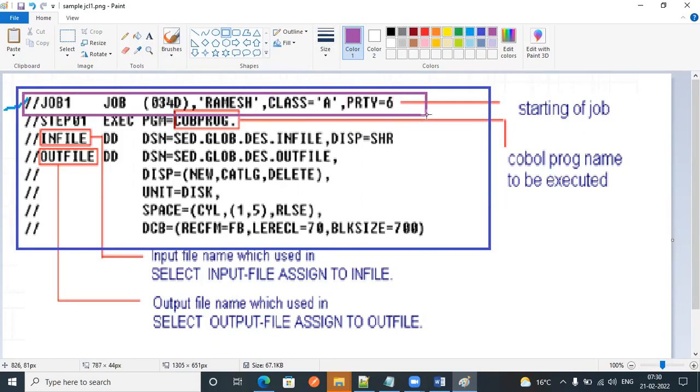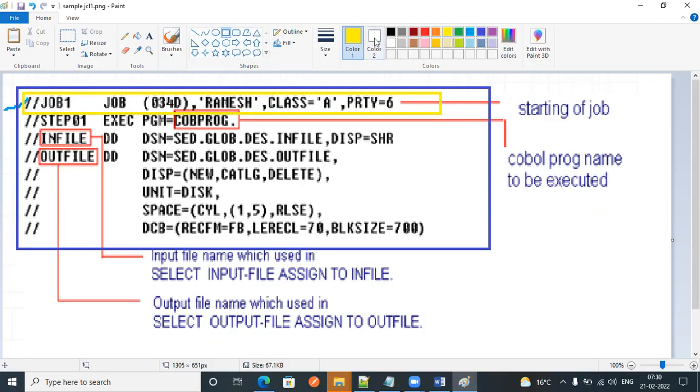We need to write this job card always. Without a job card, we are not able to run any JCL.